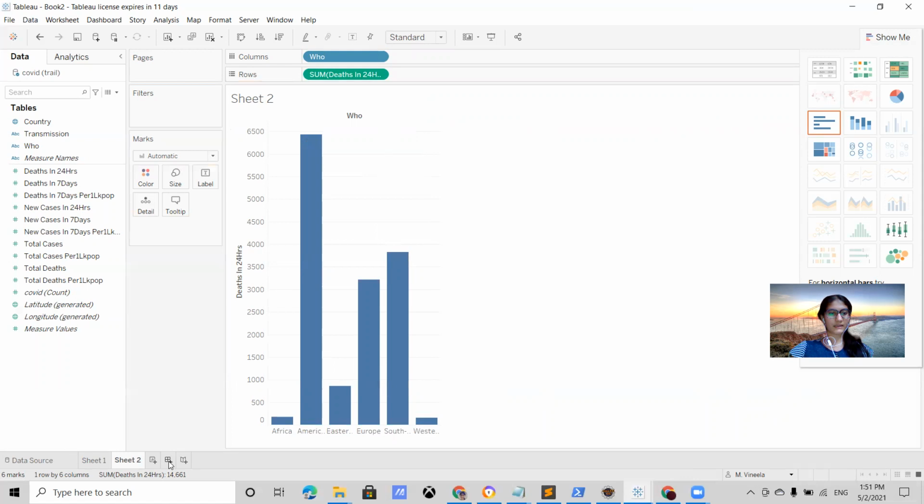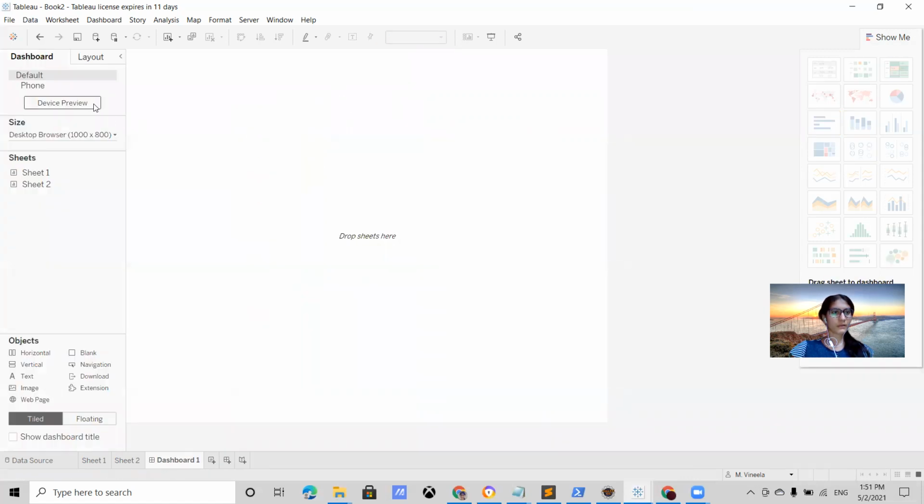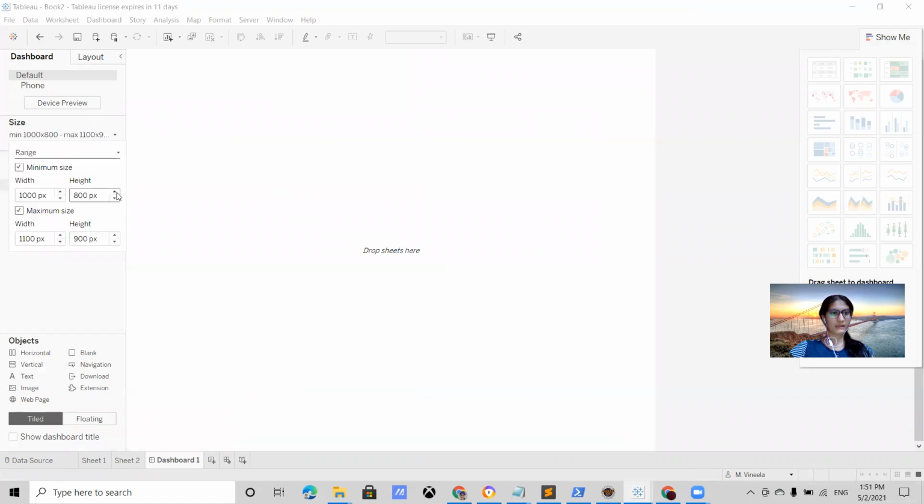So here we can create a dashboard. Let us set it as range, and then let us increase the height of this dashboard according to our wish. Then let us increase our width.